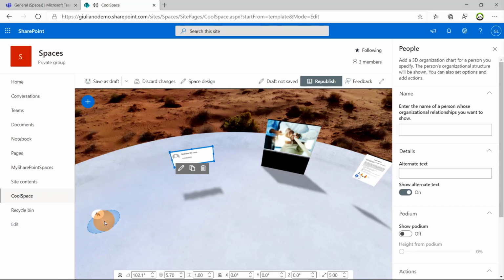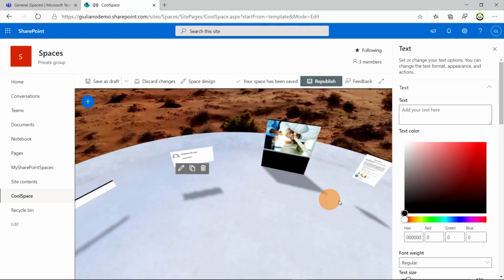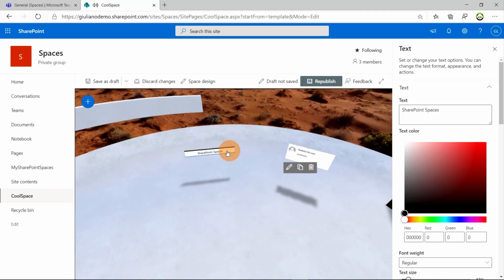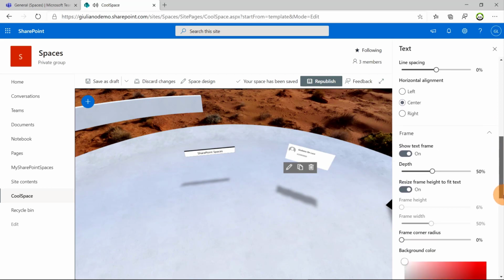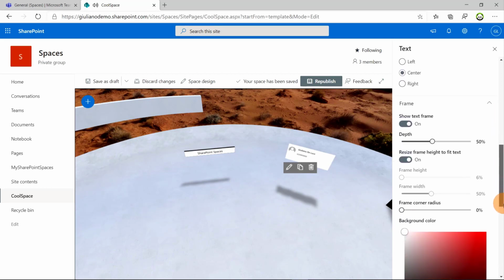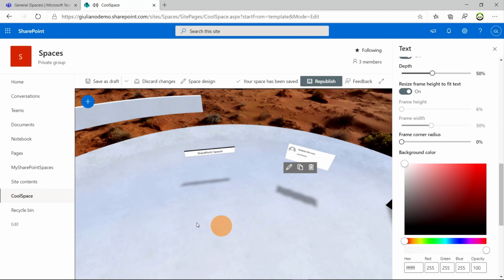So finally we have the text, which is pretty easy. You can type whatever you want. SharePoint Spaces, and this will appear. You can decide a background color, line space, show text frame. You can resize,